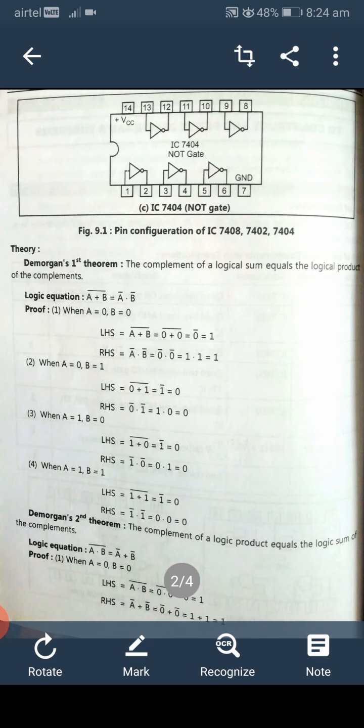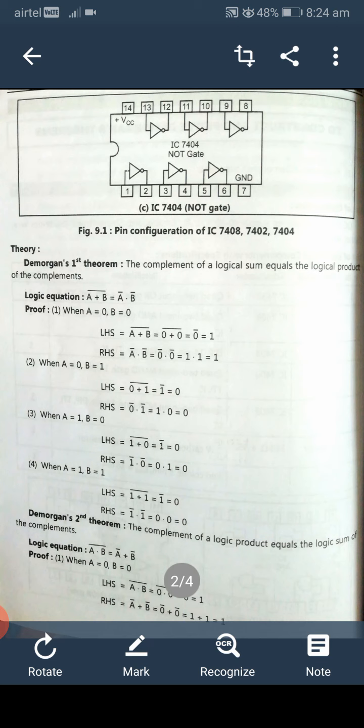De Morgan's first theorem: the complement of a logical sum equals the logical product of the complements. The logical equation for De Morgan's first theorem is complement of (A plus B) is equal to complement A into complement B. Proof: when